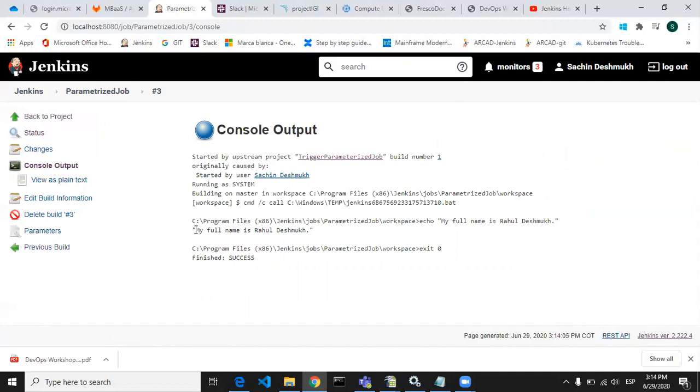Okay, so here you can see my full name is Rahul Deshmukh. This Rahul name is coming from the upstream job. We have given the parameter in the upstream job as Rahul and it has been pulled up here. So this is how we can trigger your parameterized job from your upstream job.